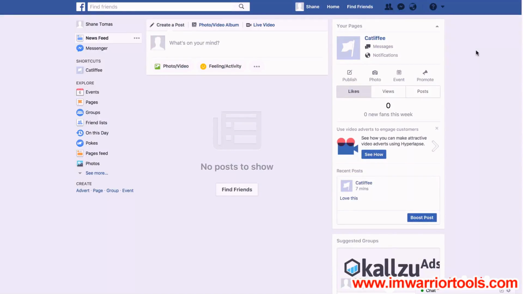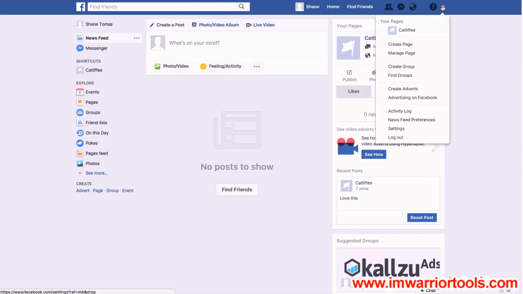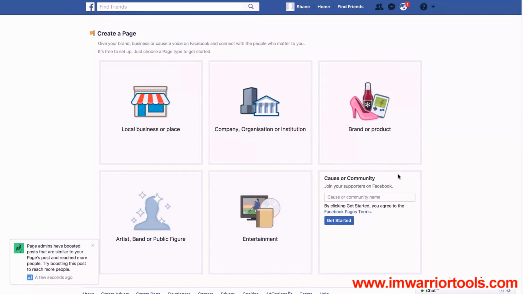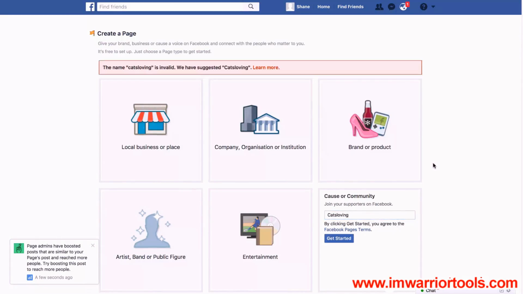All right, before we move on, we have to do something, and that's actually to unlock our account so we have more features and stuff, which you couldn't see in the previous video. Now, I'm going to talk more about creating a page later on, but what I want you to do is go to here and go to create page. I've just created one as a test, and just go to any one of these brands, or we'll go to cause and community, and then just put in anything here. Let's put cats, loving, something like that. Get started, and I'll show you why we're going to do this,